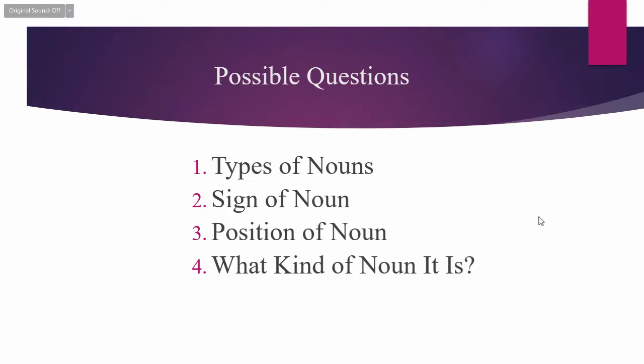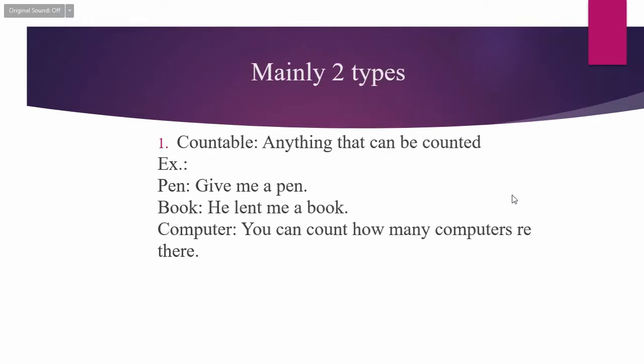Anyone? 5. 5. Okay. Two types. Anything else? 2 types. Okay. You both are right. Let me show you how, because mainly there are 2 types of noun, right? 6 types. So, yeah, mainly there are 2 types of noun. What are they? Countable and